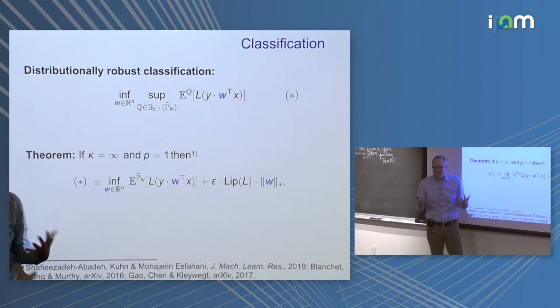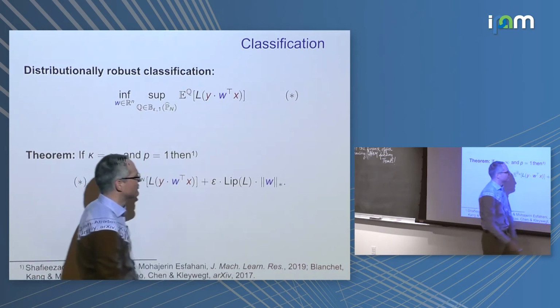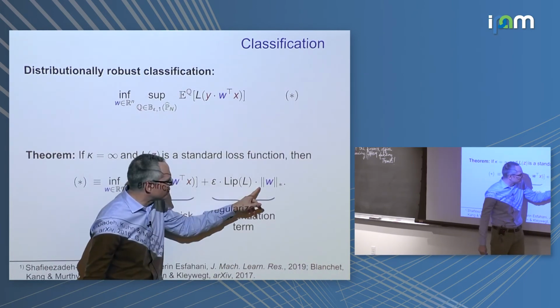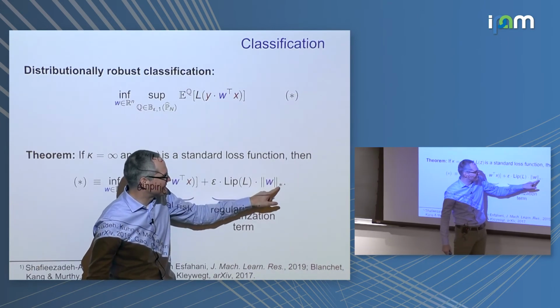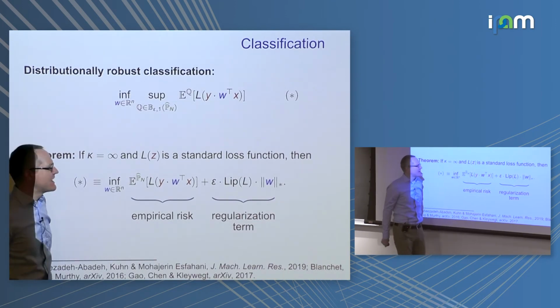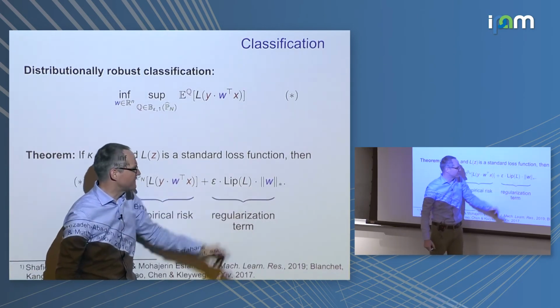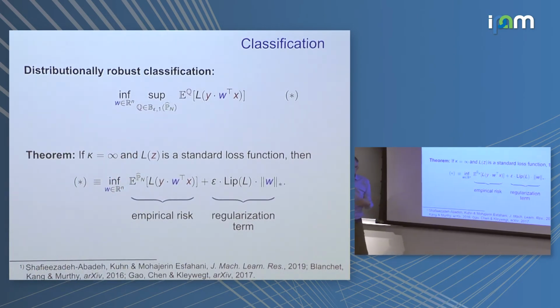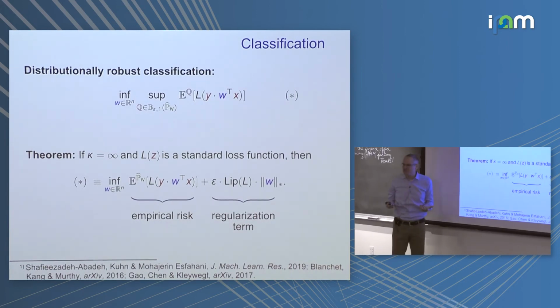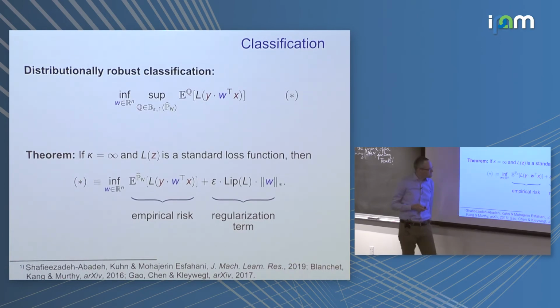So this is just a classical regularization approach where we minimize the empirical loss plus some regularization term, and the regularization function is just a dual norm of W, where this is the dual of the norm that measures distances in the input space, and the regularization weight is just the product of the Wasserstein radius and the Lipschitz modulus of the loss function. So this gives a new probabilistic or robustness interpretation of regularization schemes that have been used routinely in statistics and machine learning. So this interpretation holds if you have infinite trust in the labels.